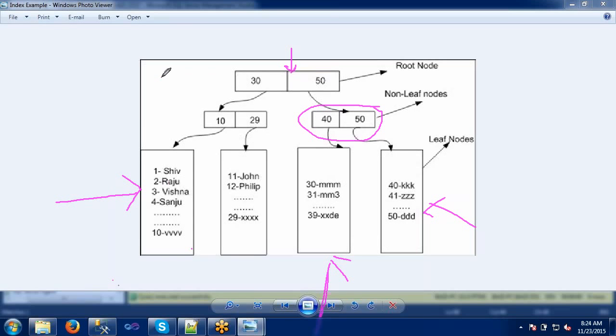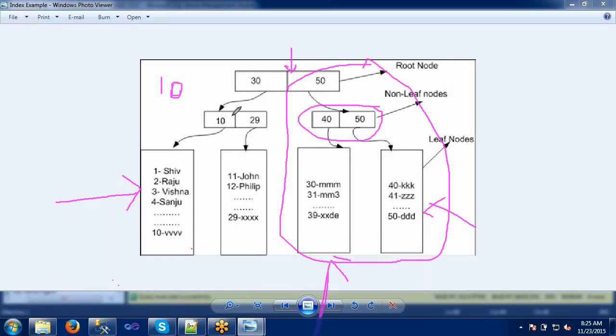Is 10 less than 30 or 50? It is satisfied here itself, so the entire other set is ignored. Why? Because the data is already filtered by half here. The value is less than 30, so it will be somewhere on the left side.